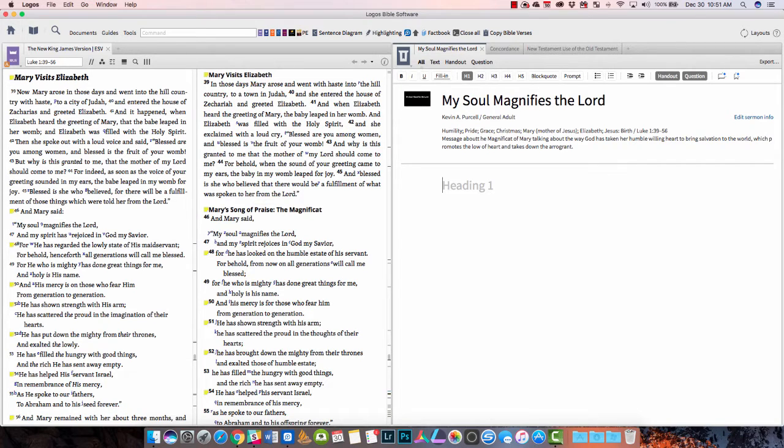So for example, I might start with an introduction, and just in real general terms, I might give my opening illustration, and I would actually write what the illustration was, and then the need element, which for me is how do I first grab the attention and then show why this passage is important to the people listening,